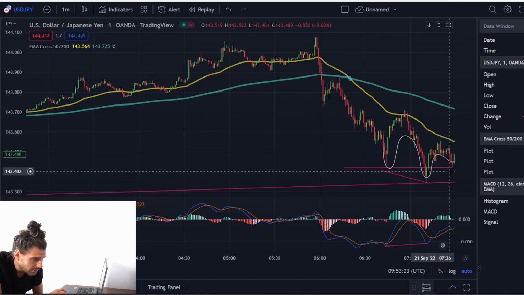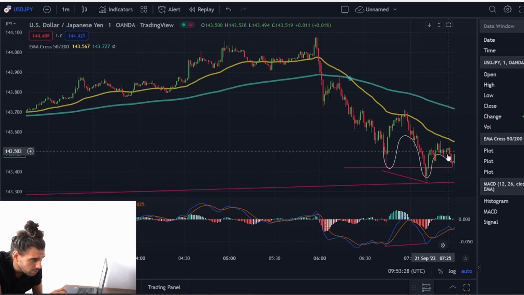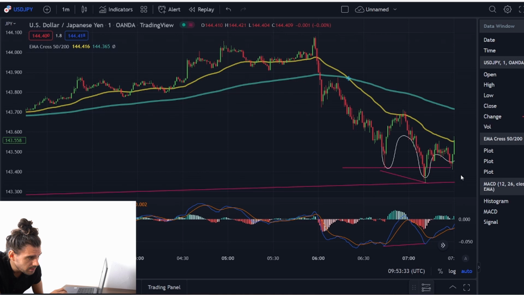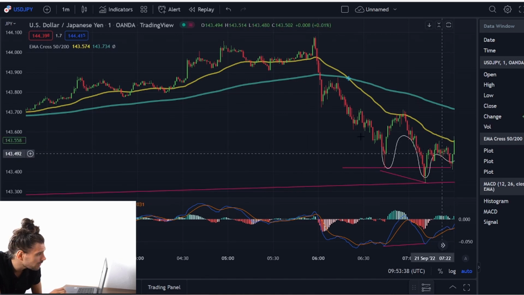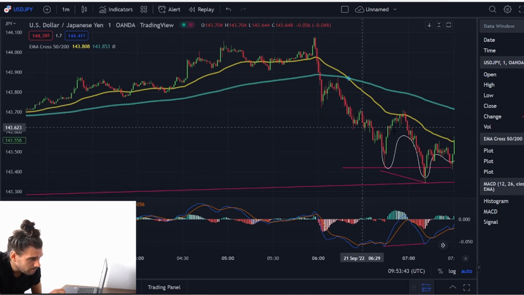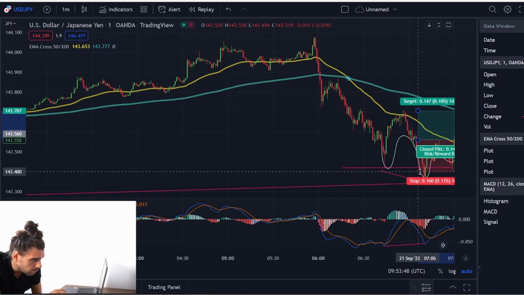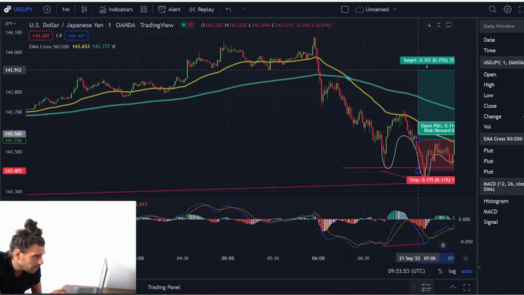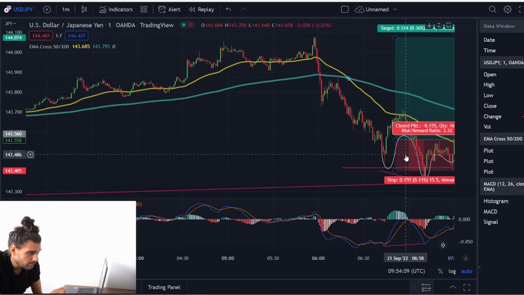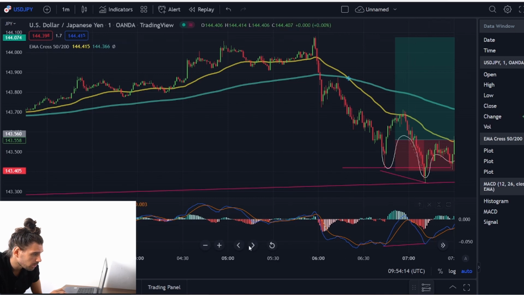And now what I can see, the market retested this area right around here. And here we had this big green candlestick to the upside. And if I let the market run, I can see now this huge bullish candlestick breaking the 50 EMA. So now I can enter my trade right around here at the close of this candlestick with a stop loss below the right shoulder, and I can target the previous high right around here. So for this trade my risk reward would be a 3.3, and now if I just let the market run,